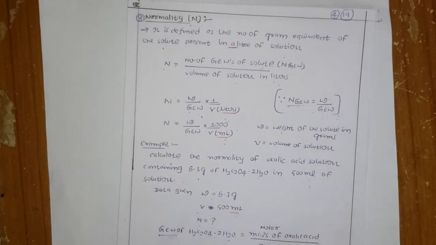These are all the expressions to express concentrations. What are those? First is mass by mass, second is volume by volume, third is mass by volume, fourth is ppm, fifth is mole fraction, sixth is molarity, seventh is molality, and eighth is normality. These are all very, very important. And in the next lecture we are going to see the solubility of some solids and gases in liquids.